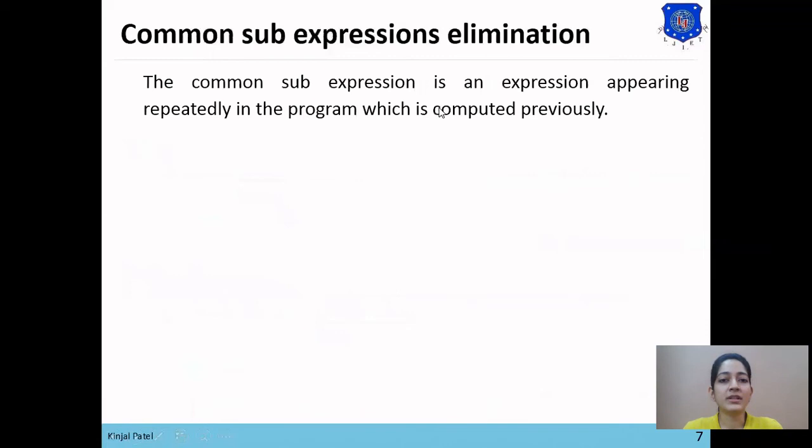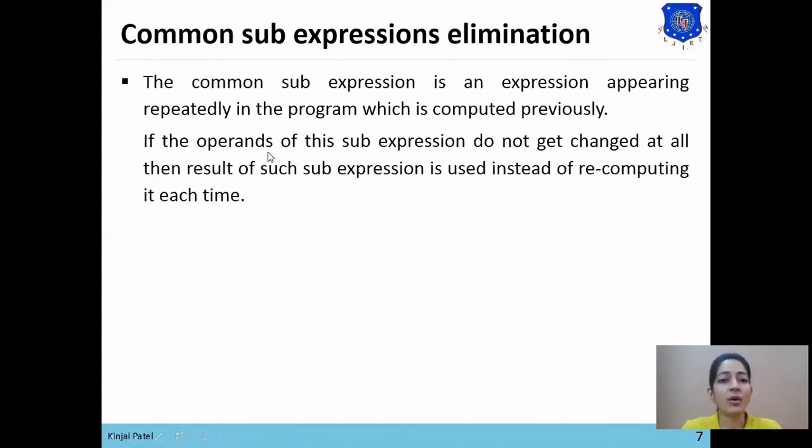So what is a common subexpression? A common subexpression is an expression appearing repeatedly in the program which has been computed previously. If the operands of this expression do not get changed at all, then the result of such a subexpression is used instead of recomputing it each time.